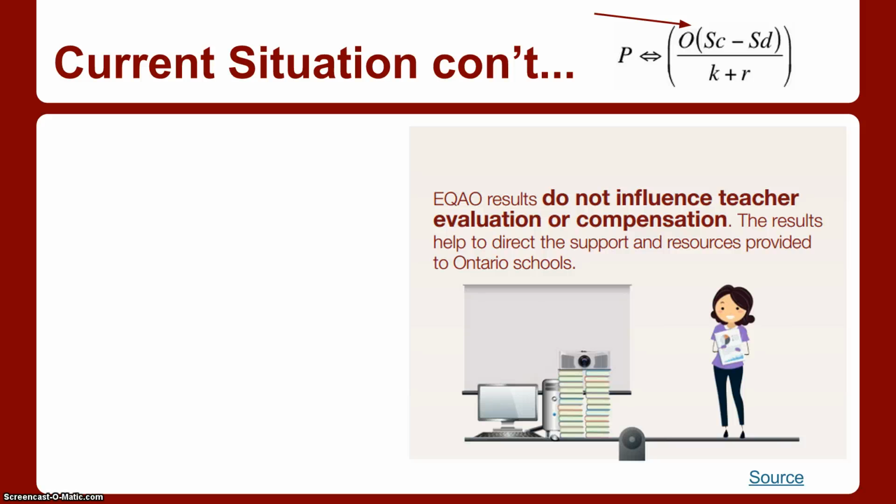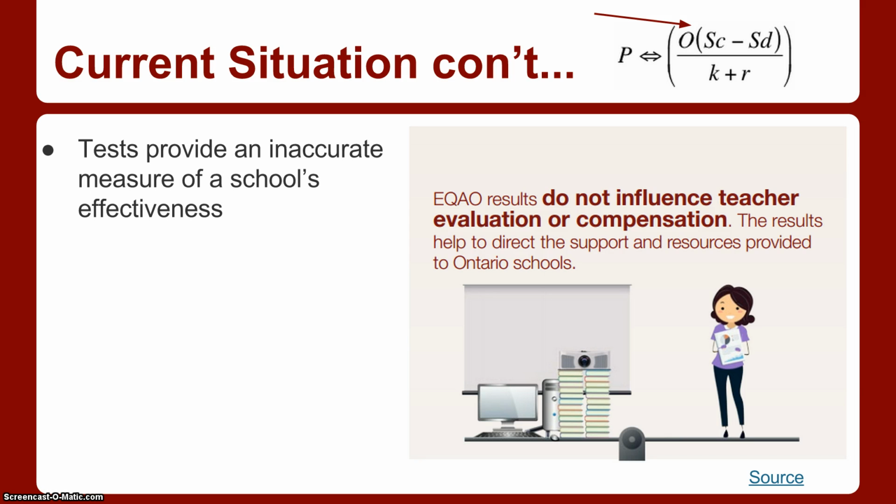Standardized tests provide an inaccurate measure of schools' effectiveness. They're really unable to demonstrate the progression in knowledge that a student has made during the year, as they are taken as a snapshot. For example, if a particular student was significantly below grade level in mathematics at the beginning of the year, however, through directed teaching, authentic assessments, and lots of support, he or she was able to close the gap and score in the 25th percentile, that would surely represent effective teaching strategies.